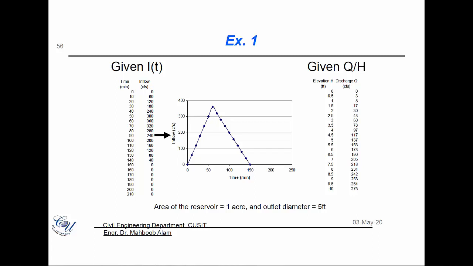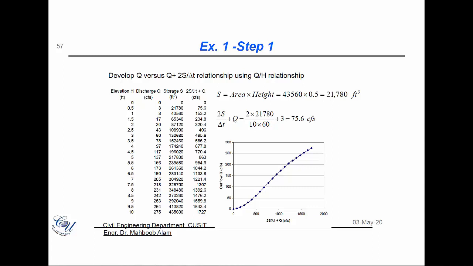We are also aware of the area of reservoir, which is 1 acre, and also the diameter of the outlet structure, which is 5 feet. So for example, let's say you have been given that there is a pipe which has a 5 feet diameter, and the outflow is occurring from that. So these things are known to us. Now, what are we going to do? The first step is